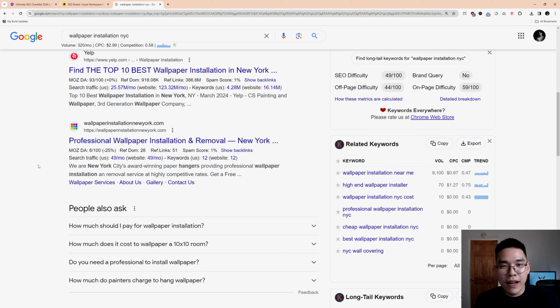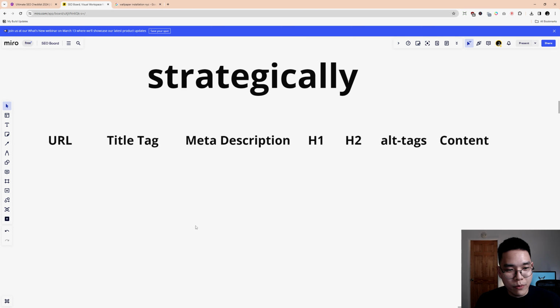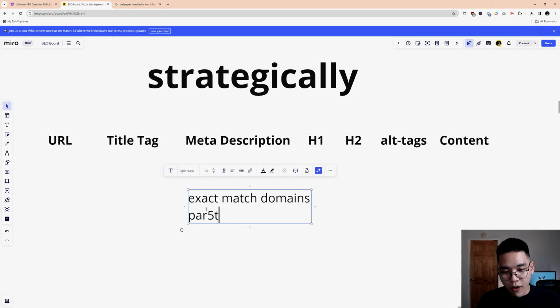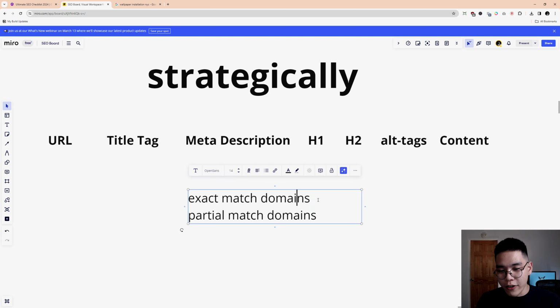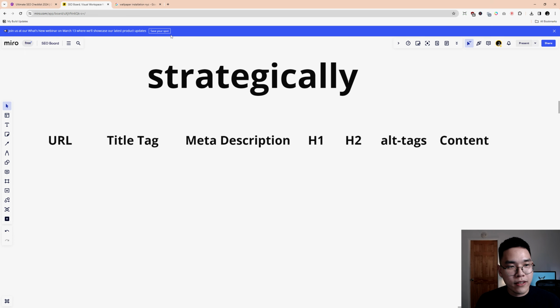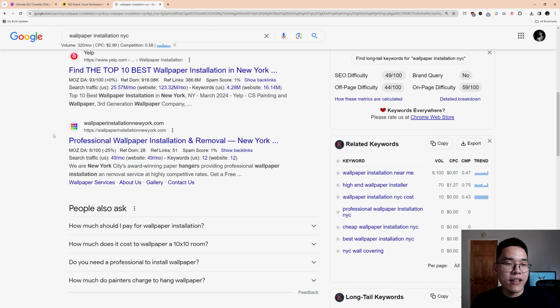If you have a brand and you want to shortcut the line and have some power in the domain, look for EMDs and PMDs, which are exact match domains and partial match domains. These are just domains that have either the exact keyword in it or a part of that keyword in your domain. And it's going to help for SEO purposes, again, because the domains just hold a little bit more